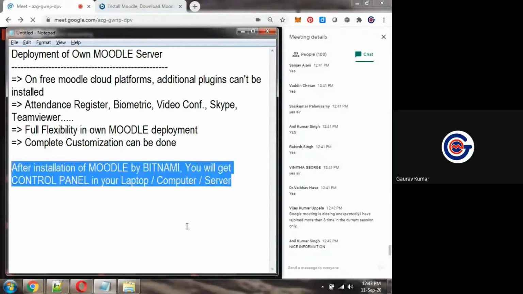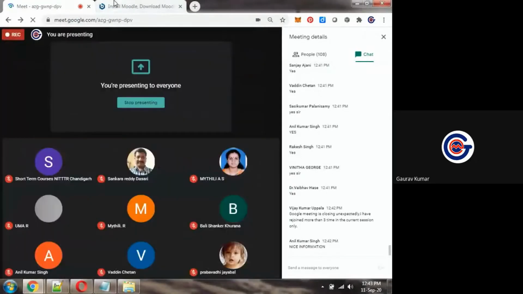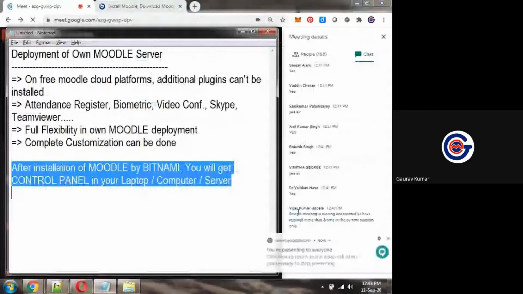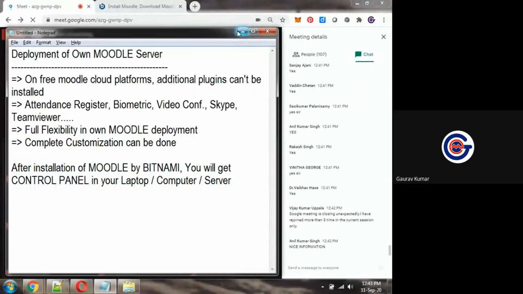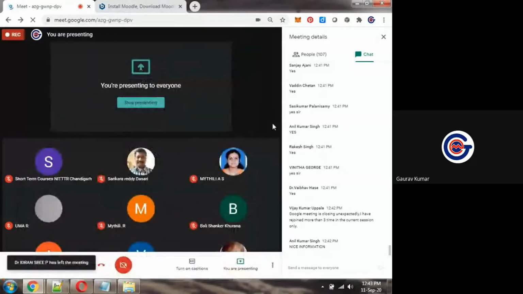After downloading it, you will get the control panel. Where is the control panel? Now I'm showing the control panel on my computer.